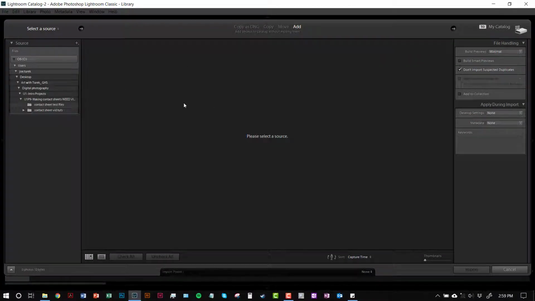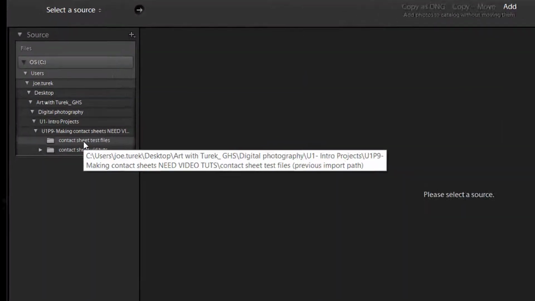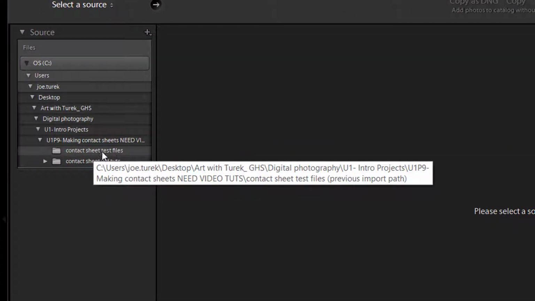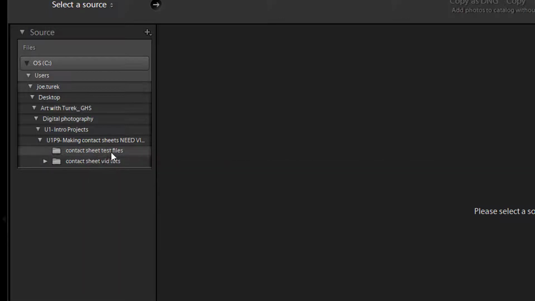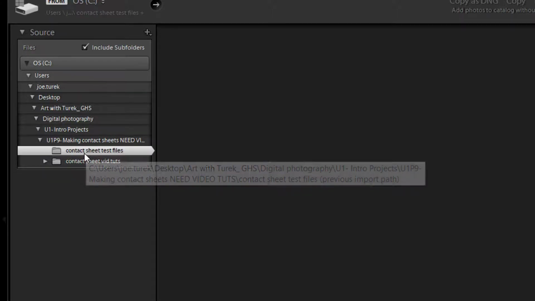When this folder opens up, you're going to go to the folder where you're going to import your photos from. I know where that folder is, and it's kind of already open for me right here. I'm going to click on that folder,